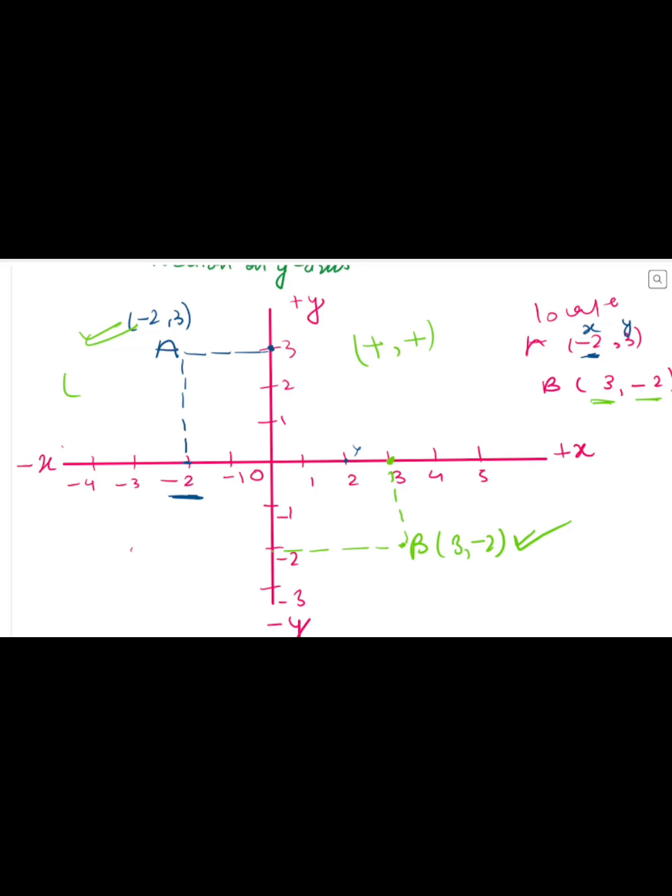And you can see in the first quadrant both axes are positive. In the second, the x-axis is negative and the y-axis is positive. In the third, both the axes are negative, and in the fourth, x is positive and y is negative, and these are called the quadrants. First